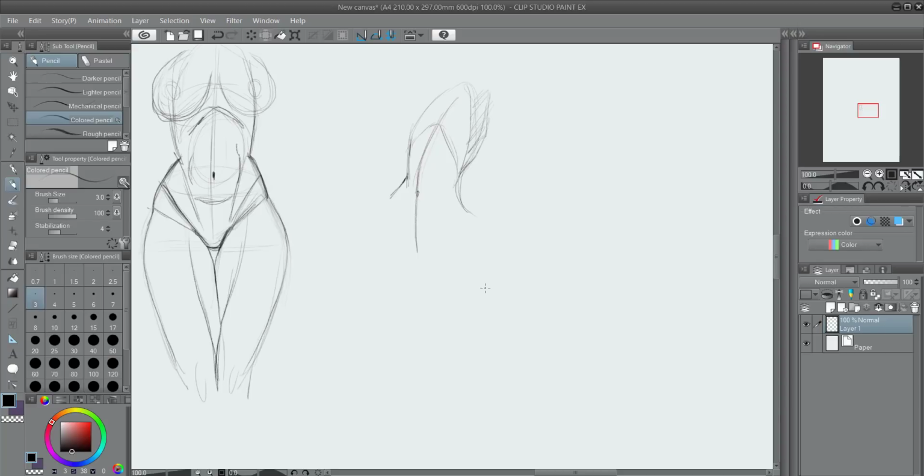Remember that M shape I was telling you about. So basically I want one leg coming up this way like that, and I want the other leg coming down toward us and at us, like this right here. So I'm just going to put in that basic shape here first, and then we'll talk about how to draw this. Right, so there it is like that.